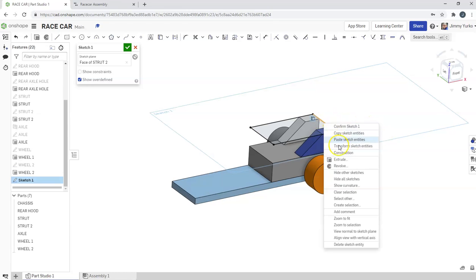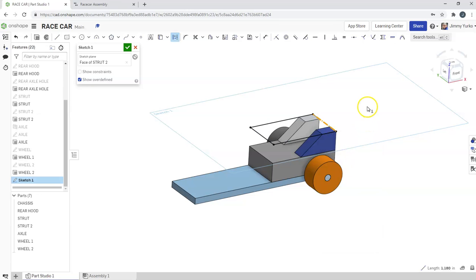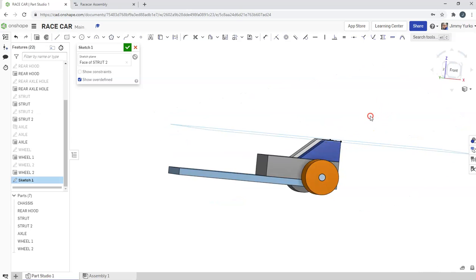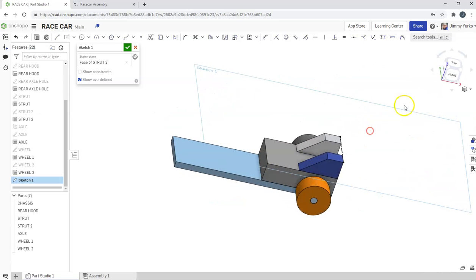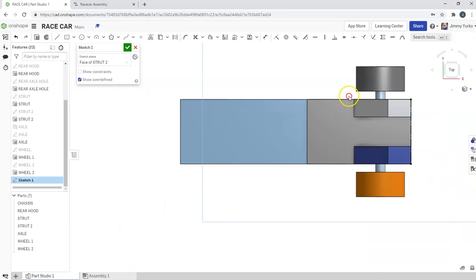Actually really only want this line right here. We'll make that a construction line, and then we're just going to delete these other lines. We don't need them. Oh, hey, that didn't work. So there we go. Control Z is your friend. There you go. Now I have a construction line, and I'm going to use that to help find the midpoint